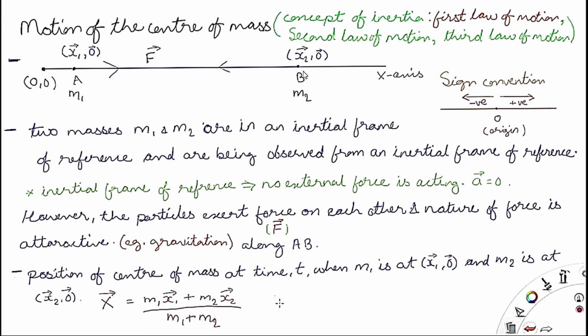So A and B are the points at which m1 and m2 are located. 0 is the origin. Now the force that is happening, the internal force acting between A and B is the attractive one. So both m1 and m2 are attracting each other, trying to